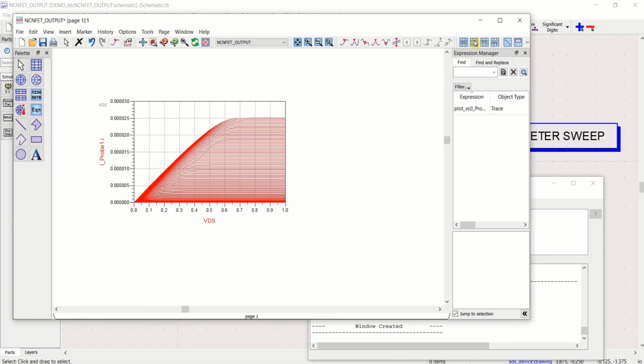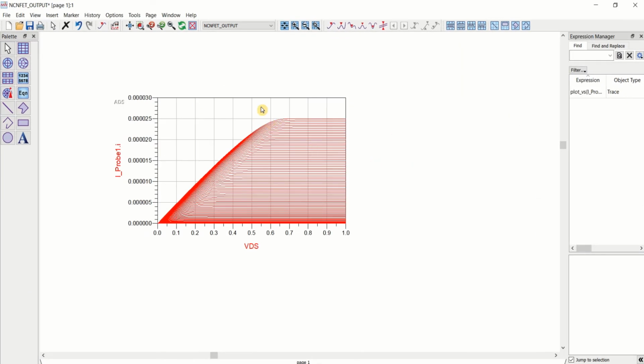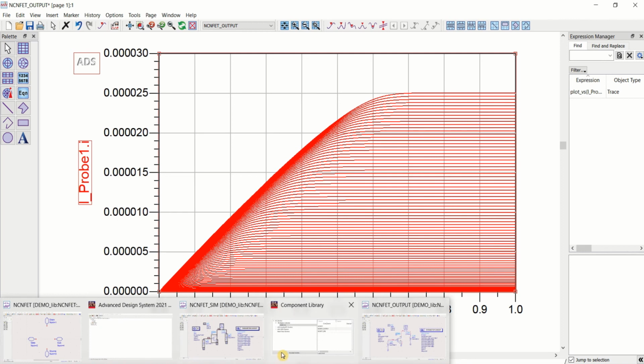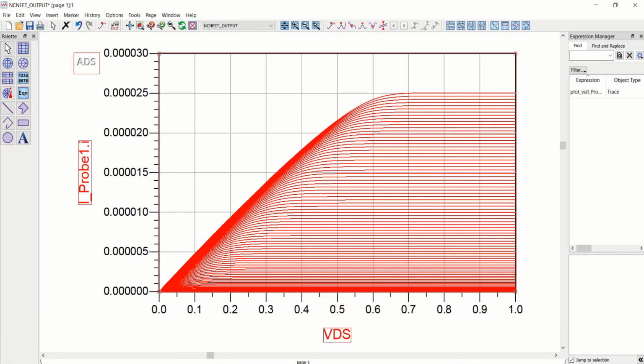Click OK. So this shows the output characteristics of the N-type CNFET. In this way, you can verify both the output characteristics and the ID versus VGS.